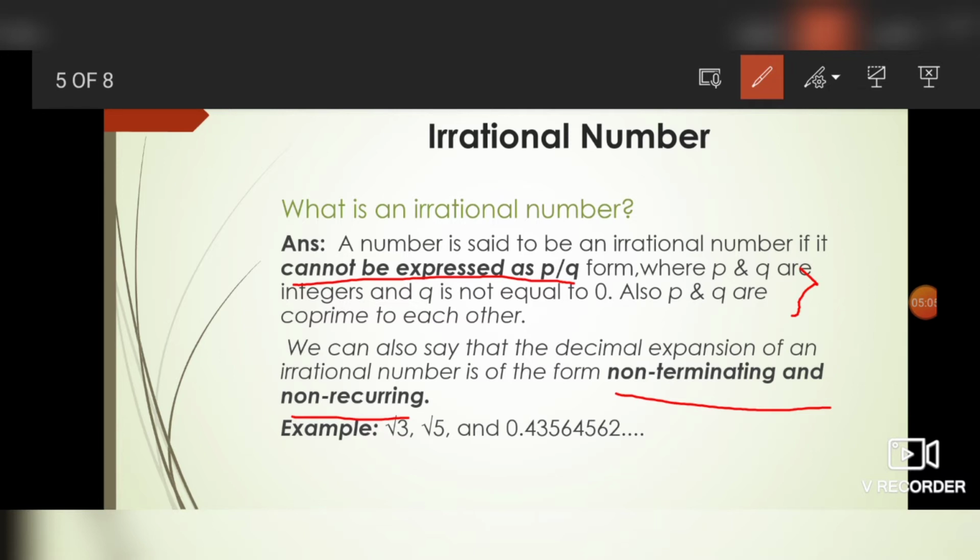If we consider an example, we can say like this: 0.14356456 2. Here we can see that the numbers 4, 5, 6 are repeating, but not as it was repeated in the previous part. That means if we consider 4, 3, 5, 6, these four numbers and the later four numbers 4, 5, 6, 2, here the numbers 4, 5 and 6 are present, but not the same as the first four numbers. So this is a non-recurring form.